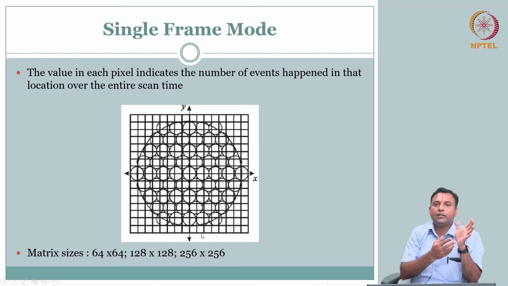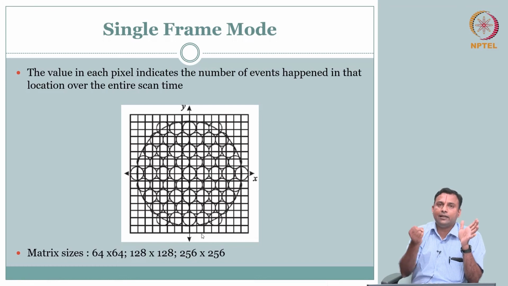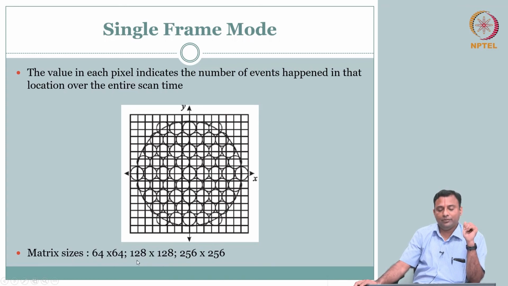The advantage of this is, as the signal decays, more signal is coming, so your signal to noise ratio will be high. You can keep on accumulating the data. Of course, the downside is if there is any motion, because the radio tracer is there, there will be some blurring. But otherwise this is a mode where you get a single frame, you get all the signals added, so your signal to noise ratio could be high. Typical matrix size of 64 cross 64 or 256 cross 256 at the higher end will be used.